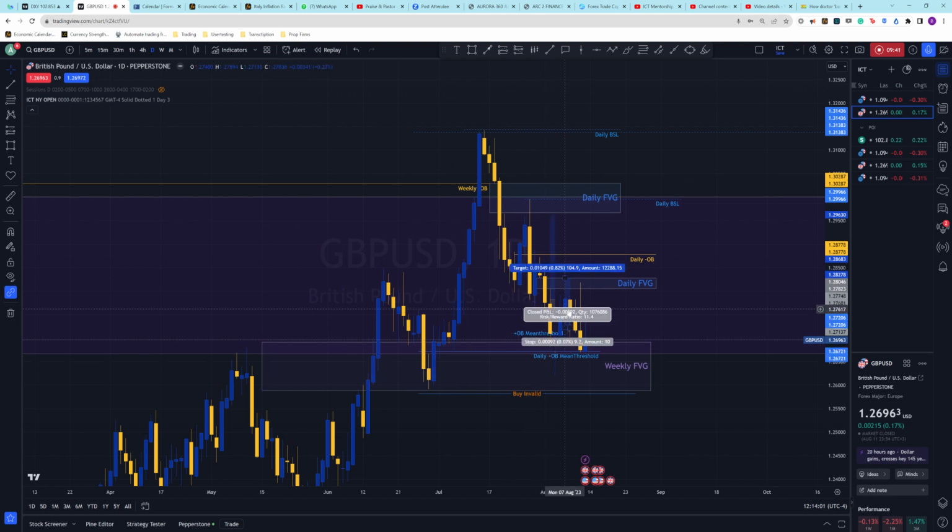But then when price began to push up, it began to push down again, which seems to be giving bearish sentiment, because then we see this daily fair value gap we're expecting to tap into. We see price tap into it, hits the consequent encroachment of that daily fair value gap as well. And then price begins to drop almost immediately, which gives us very bearish sentiments, which will once again align with what we might be seeing on the DXY weekly. So it'll be interesting to see how price is going to pan out next week.